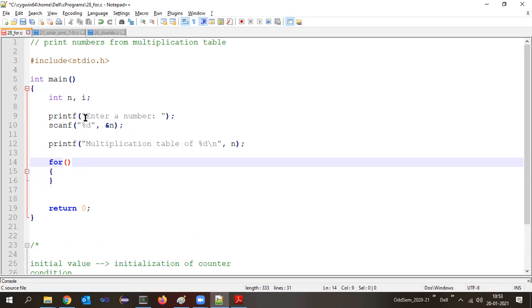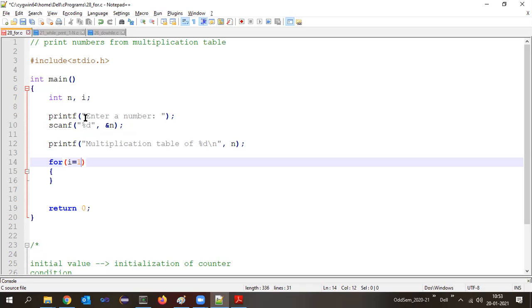Suppose you enter number n as 4. So 4 into 1, then 4 into 2, 4 into 3, like that. It has to keep on calculating and printing up to 4 into 10. So what will be the initial value? 1. So here i equals 1 will be the first statement that will act as initialization.